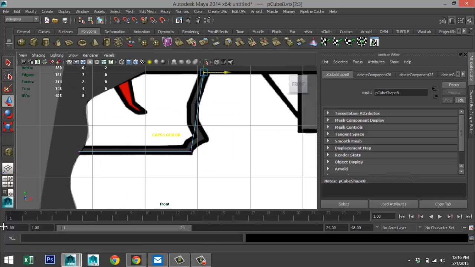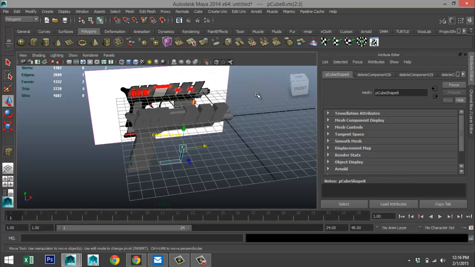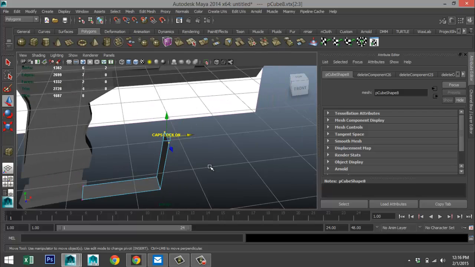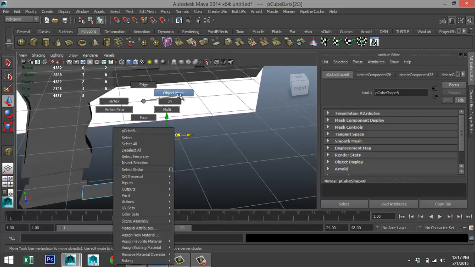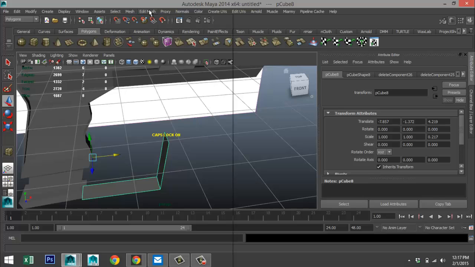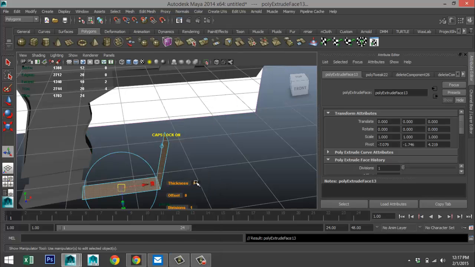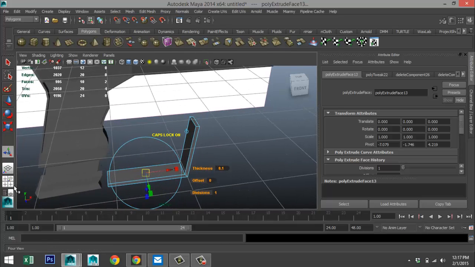So this is our initial state, if you will. Then we're going to move in, right click object mode, select it, edit mesh, extrude, and do 0.1 for the thickness. Okay, we'll get it centered.